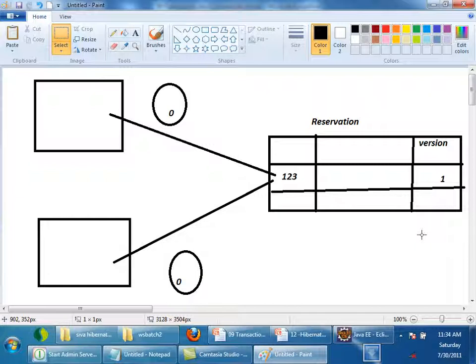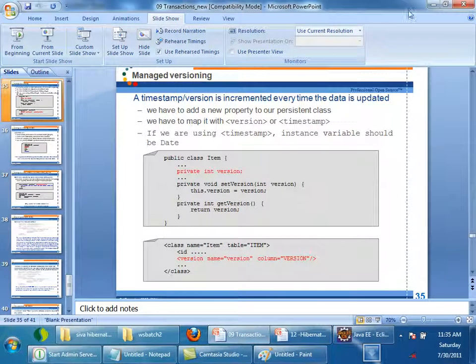So this is one of the strategies used by Hibernate. Hibernate is not taking locks. Actually, to make sure that concurrency issues will not happen, an actual lock has to be taken. But now the lock was not taken. It is using a version column to check whether the user is trying to use stale data or working on correct data. If the user's version is 0 here and in the database it is 1, that means the user was working on stale data, right? So by using versions, Hibernate will check whether you are working on stale data or not.